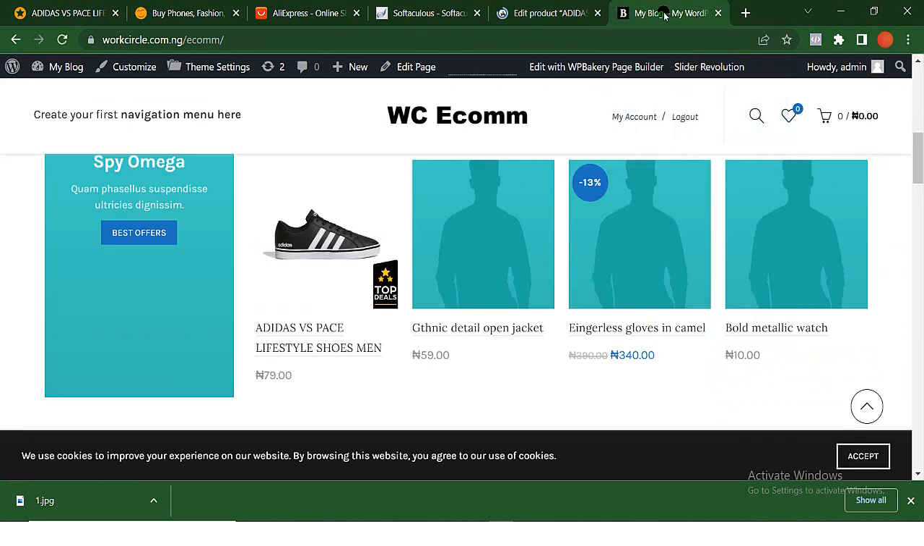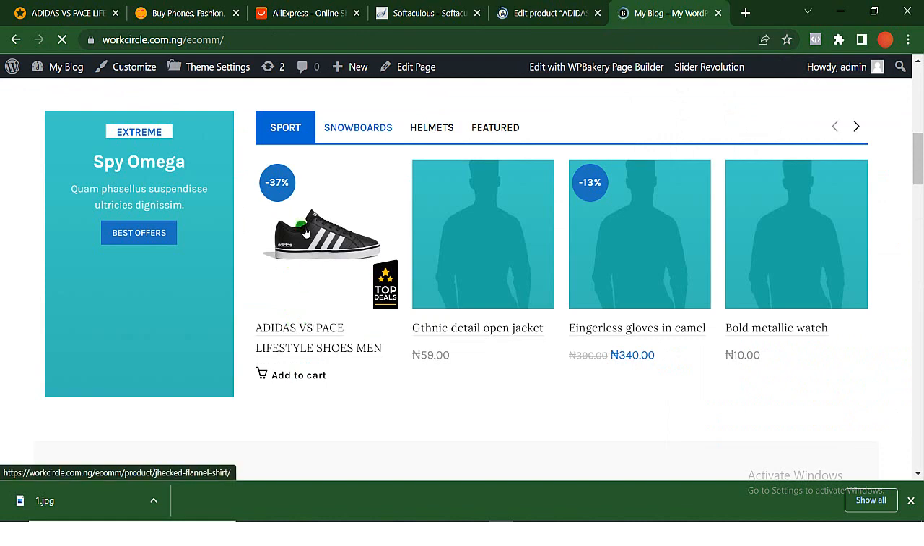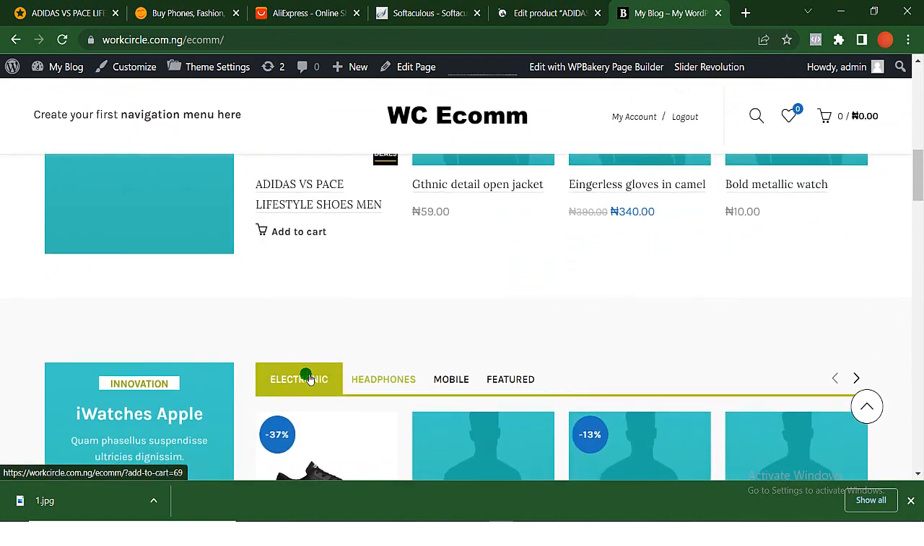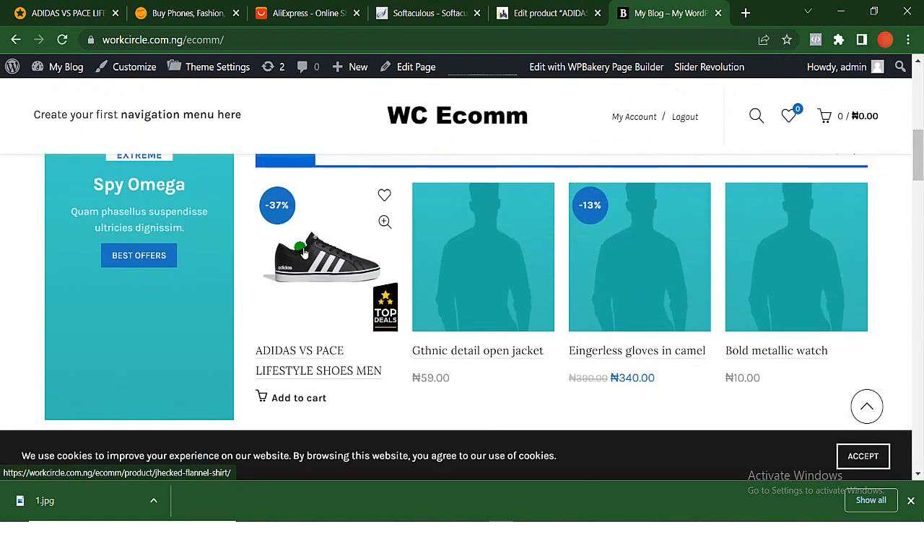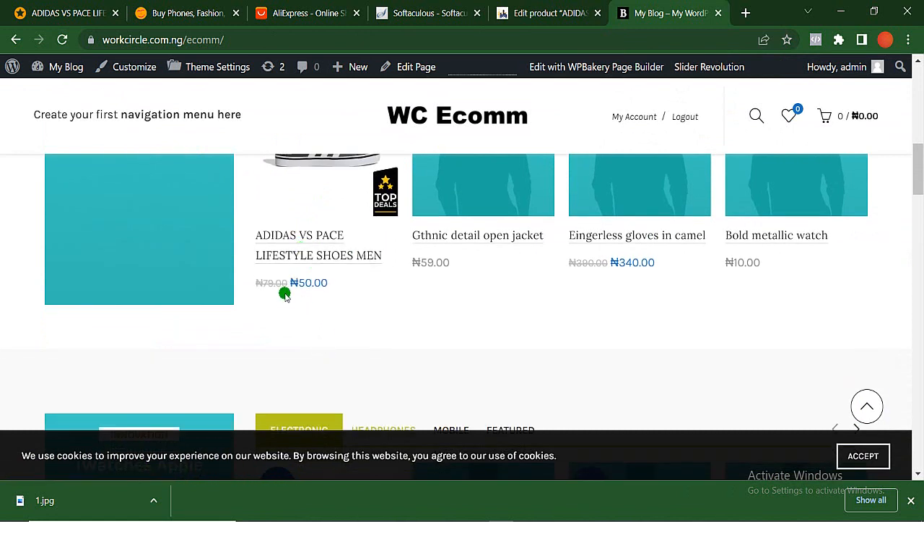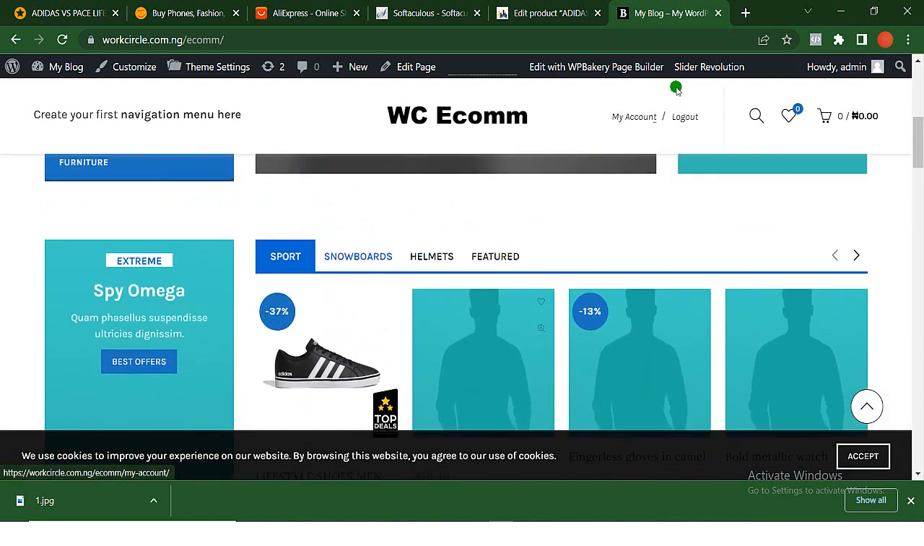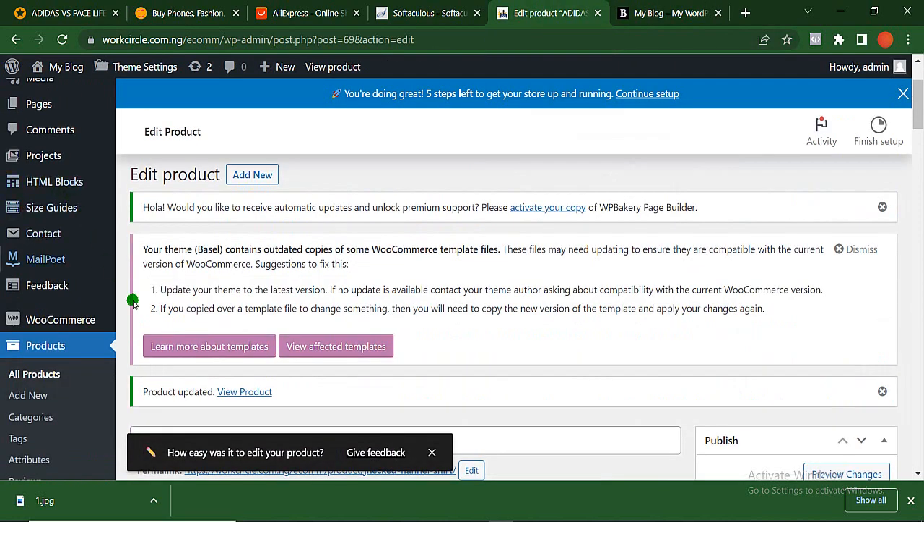Once you update, you come back and reload. And after reloading, you see the discount option you're giving, 37% discount. You see how it slashed the previous 70 naira to 50. So that means you're giving away 37% discount for that shoe. Okay, so we can go back